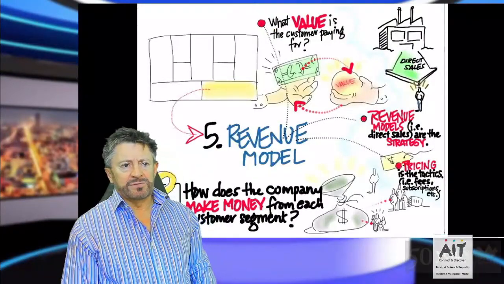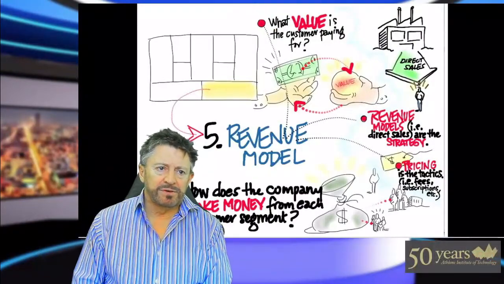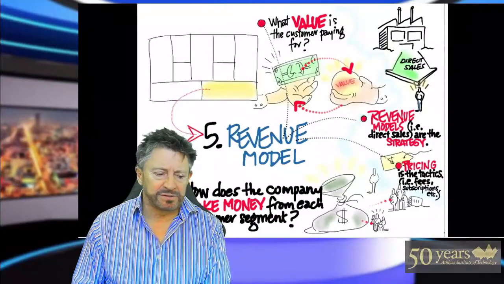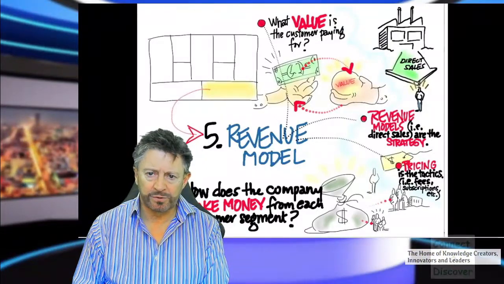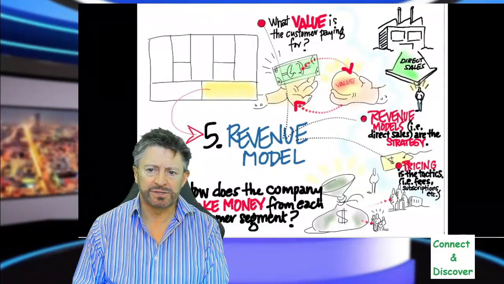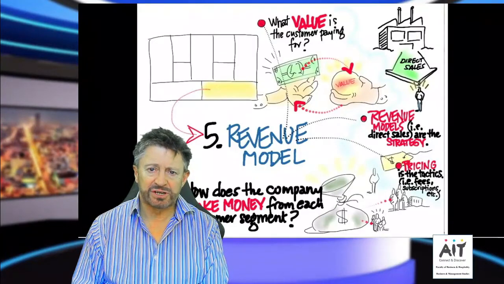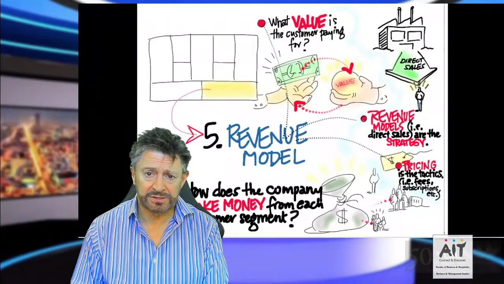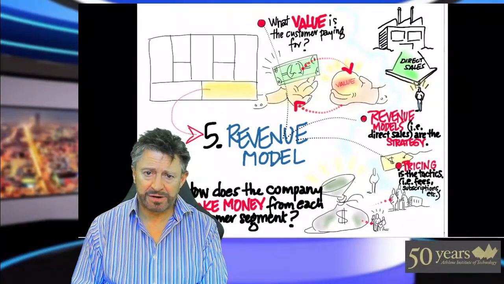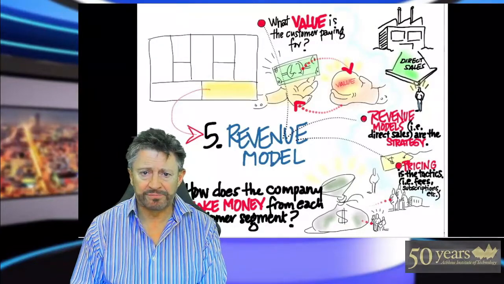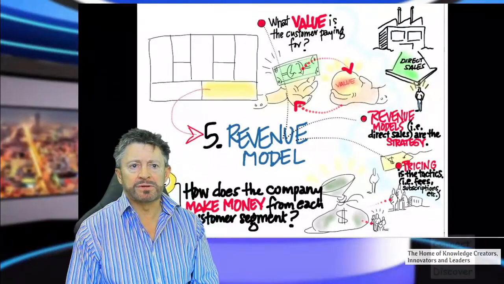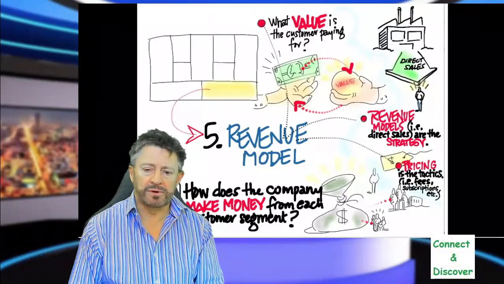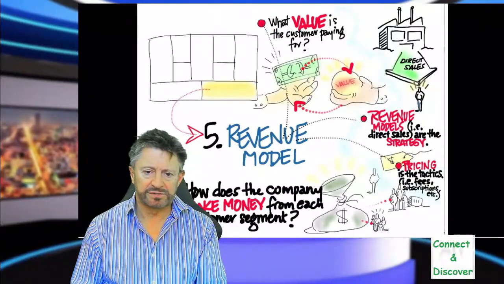And then, as I said, the revenue model. How does the company make money from each segment? And depending on who the people are, different segments, their levels of income, their affordability and so on, then you have to set your pricing accordingly. And that can be quite a challenge. Companies actually hire pricing specialists, so they understand the market, they know who can pay what and when, and that's why they develop these. So revenue models, direct sales is one strategy,